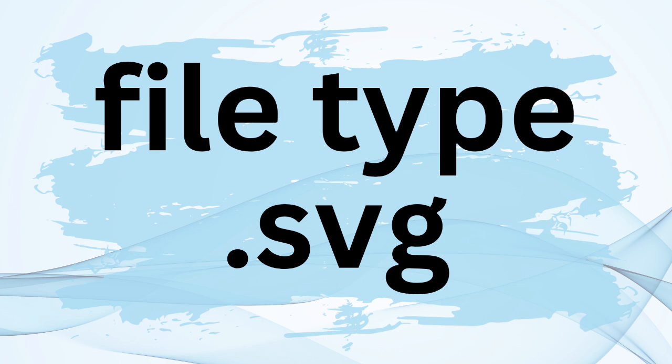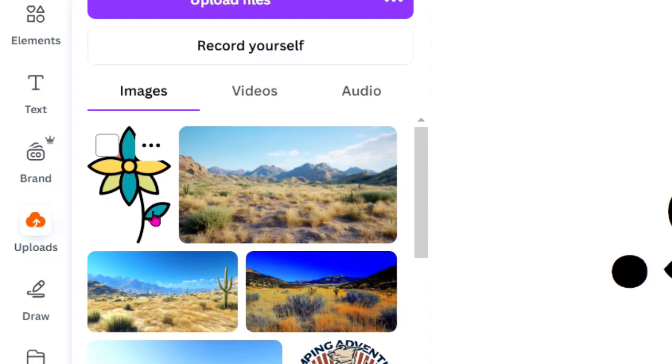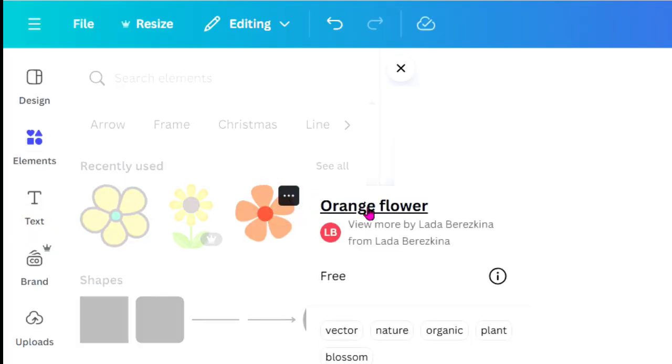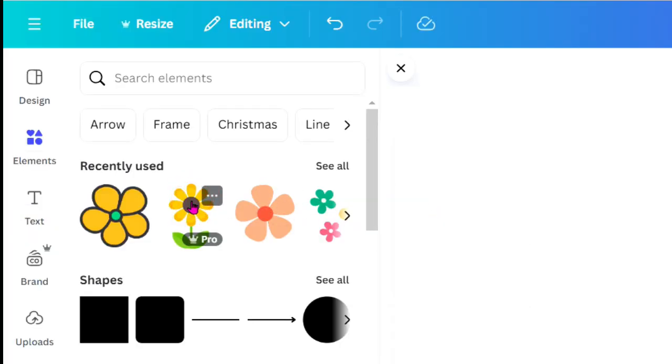If you're uploading your own files, you'll probably know the file type. You can hover over an image in your Uploads Files panel and click on the three dots. That will show you the name of the file with the file extension and whether it's an SVG, JPEG, or PNG. However, if you're using graphics from Canva's Elements tab, the file type doesn't show up when you click on